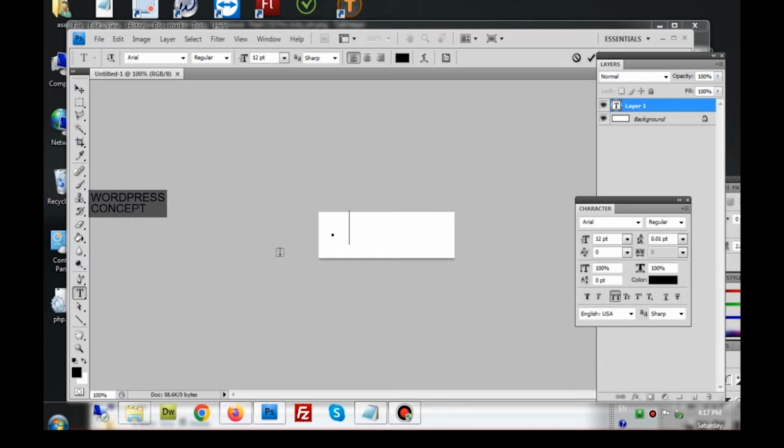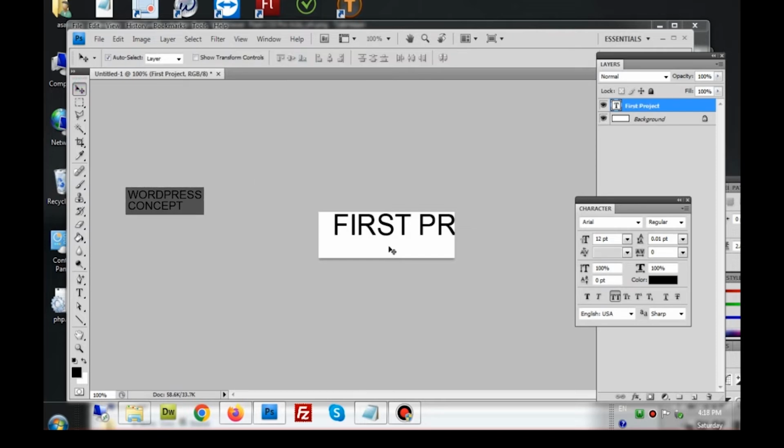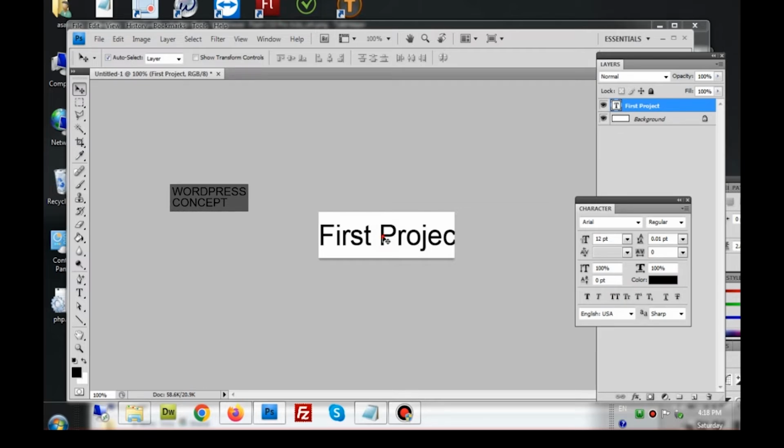I'll type first project. And unfortunately in my settings the caps lock was on. I can turn off this caps lock. Now all the words are showing as I have typed them. The capitals are showing as capitals and the smalls are showing as smalls.